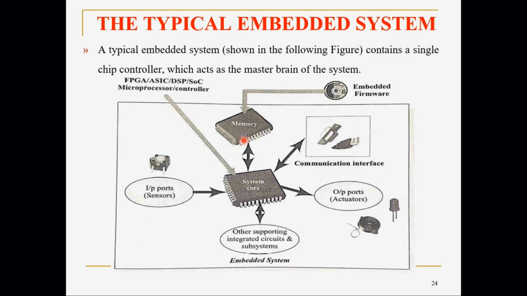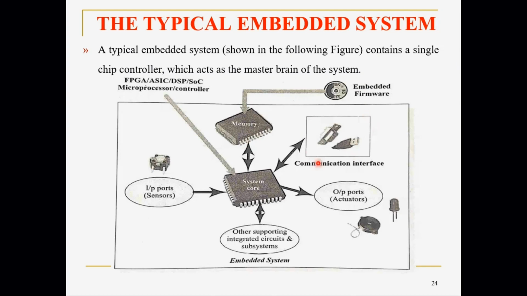But if you go for an oven, it maybe needs to store data, like a particular temperature. An oven has various configurations. A refrigerator need not save data unless it is a very sophisticated refrigerator. So memory is required for two purposes. One is to store the firmware itself. The firmware is nothing but the software inside the embedded system, the code we have written for the embedded system. Then our data can also be stored in the memory.